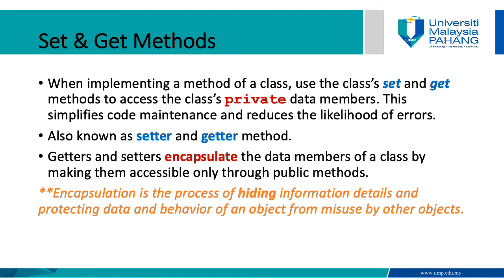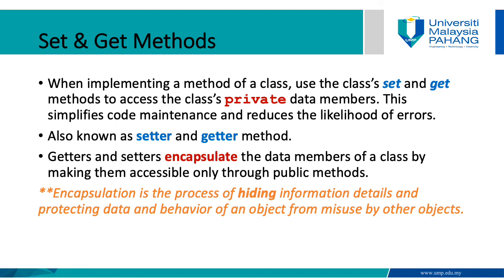We need to use set and get to obtain that information from private data members. This simplifies code maintenance and reduces the likelihood of errors. They are also known as setter and getter methods. Actually, getters and setters encapsulate the data members of a class by making them accessible only through public